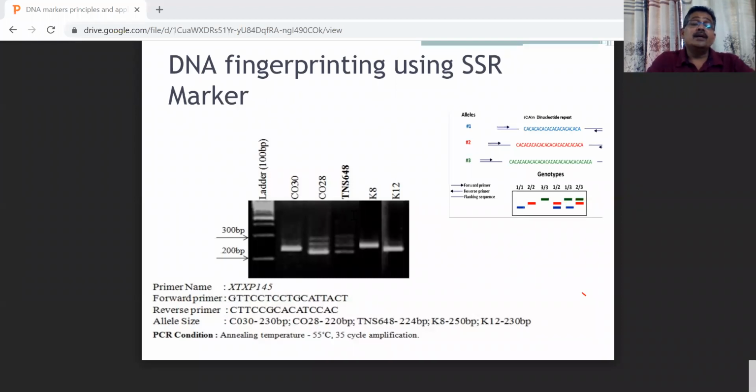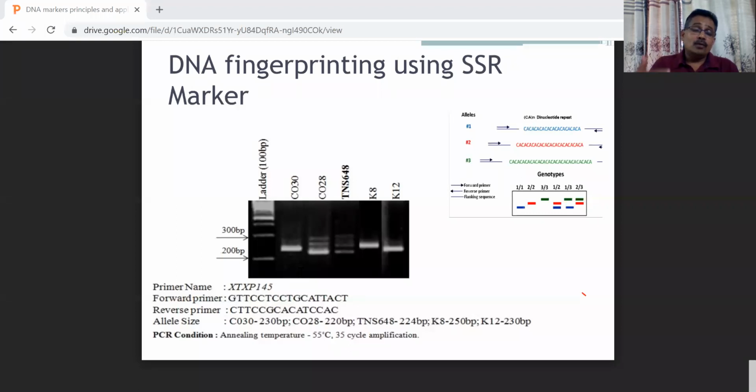So we can easily fingerprint newly developed cultivars that differ from the existing cultivars, and people use this for DNA fingerprinting. SSR markers are very commonly and routinely used, because the repeat sequences are already known. For example, in the sorghum genome, markers like XTXP have been developed and are available in the sorghum genome databases. The SSR locations are known, the primer sequences are given, and the standard allele sequence is given. Nowadays, for every crop, this has been optimized.